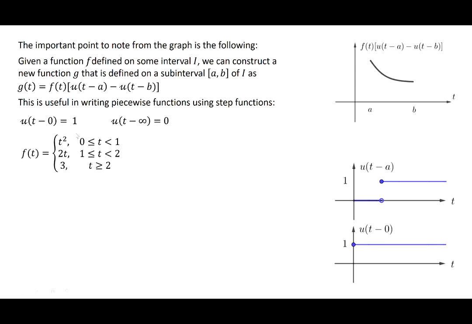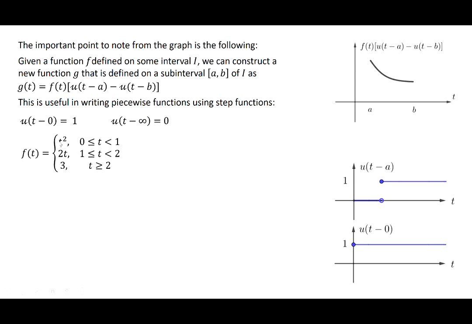On the interval 0 to 1, look at what I'm saying here. If you know some function f defined on some interval I, and you want to get g that is defined on a subinterval ab of I. f is defined here from 0 to infinity, started at 0 and goes all the way up to infinity. But on the subinterval 0 to 1, it's defined by t square,